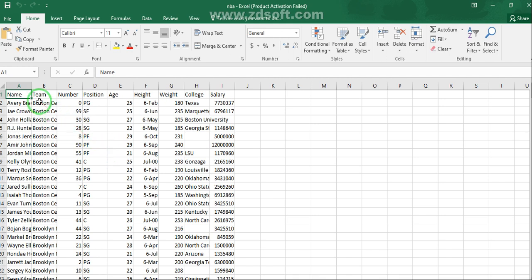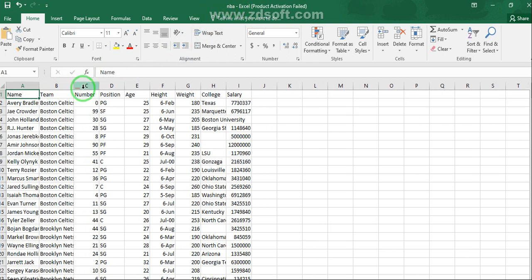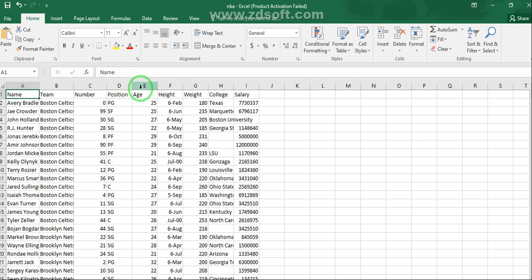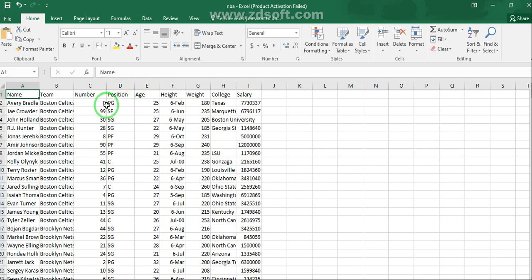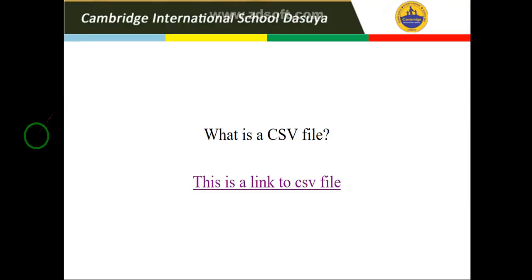So the key difference between an Excel file and a CSV file is that a CSV file is just for storing the data only. Here, as you can see, the name of the file is NBA, that is National Basketball Association. This is an American team. Here we have stored the different attributes of that team. Clear? See here, first are the names of the players, then their corresponding teams, numbers, their position, age, and different parameters of the players. So this is what the NBA file contains.